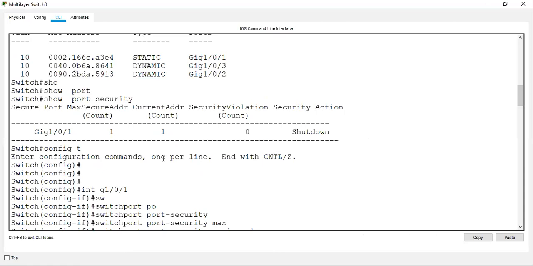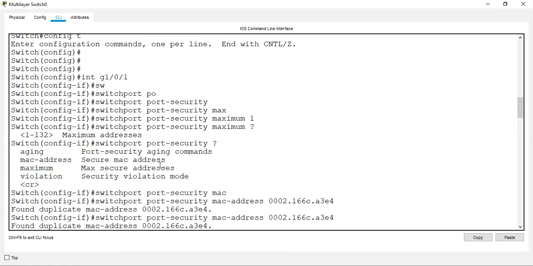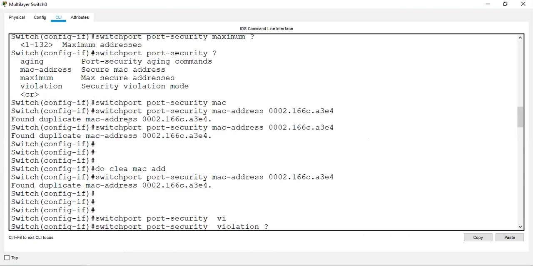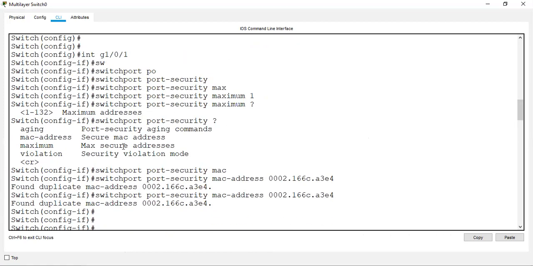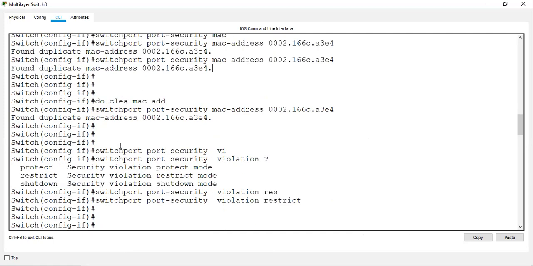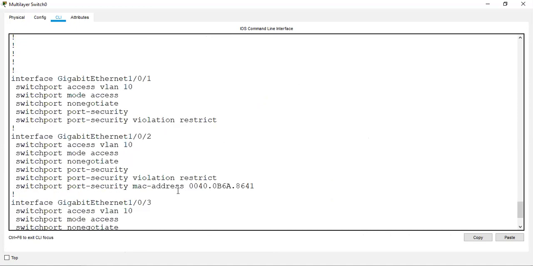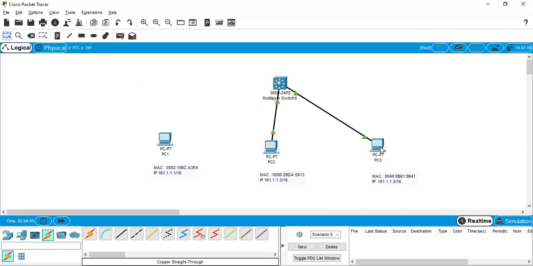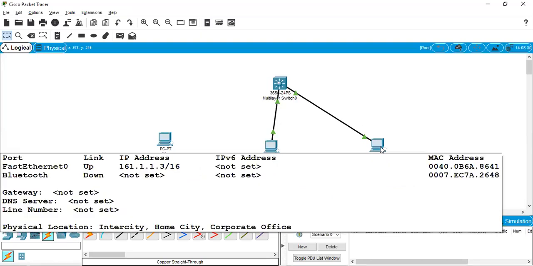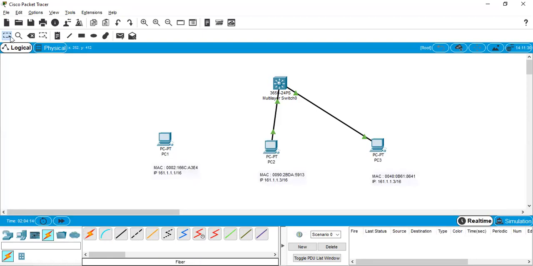We will notify like this. We connected, let's say, port number 2, port number 1. Show run. For port number 2 I configured 864A. So now we can compare with our configuration.